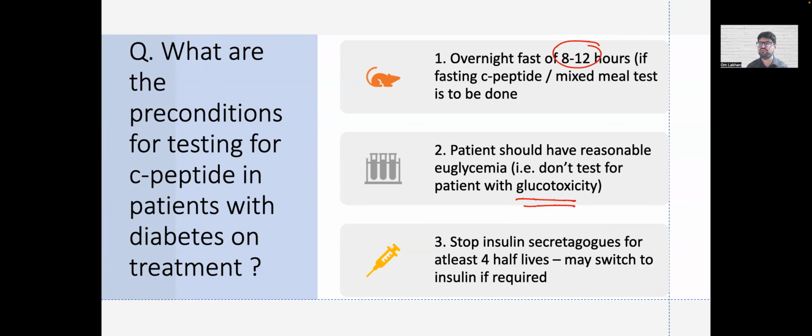And remember, if you stop sulfonylurea, sometimes the blood sugar can go up, in which case you may have to use insulin from outside. There is no harm in using insulin, right? But remember, you are testing in the morning fasting, so it's better you test before the patient takes his breakfast, and hence the patient would not have taken the short-acting insulin in the morning. But if a basal insulin is given at night time, generally it is fine, except for one small catch, which I'll come to in a minute, right?